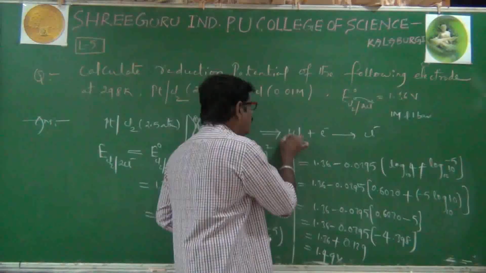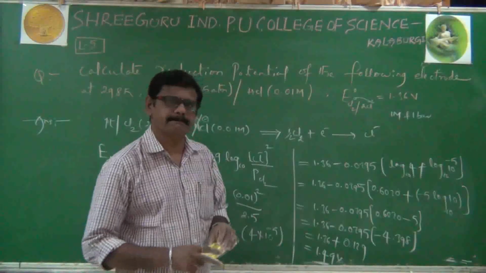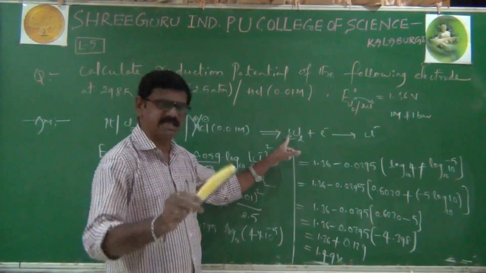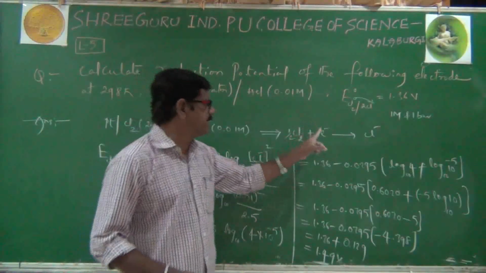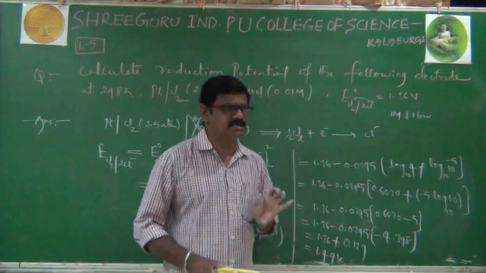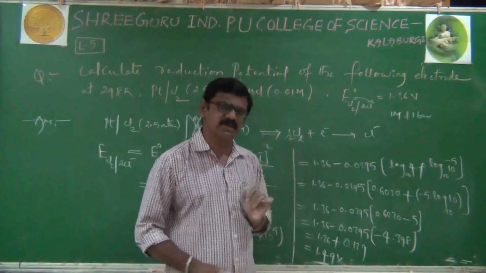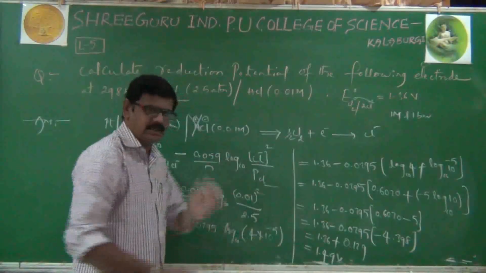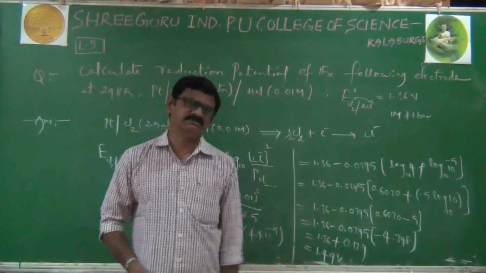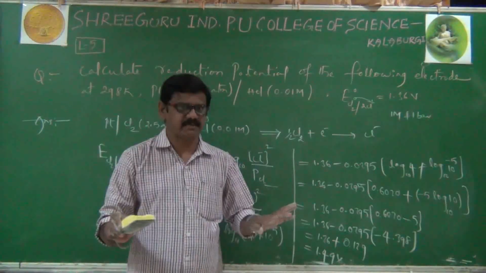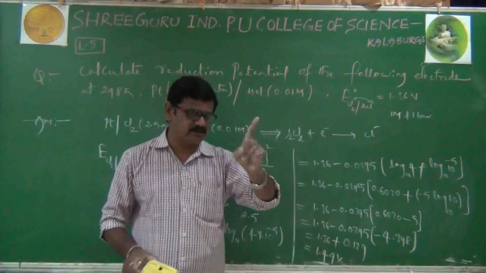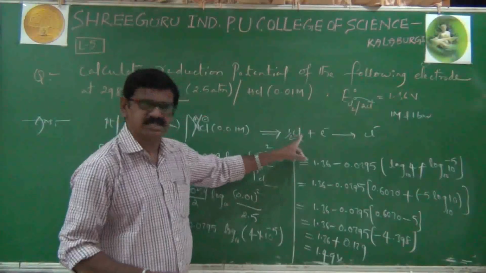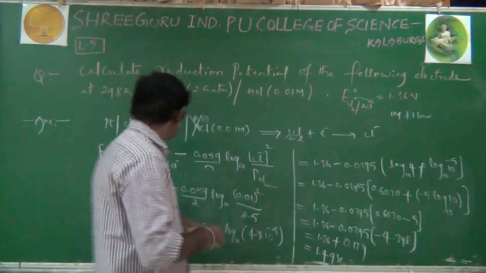Here I am taking half Cl2 I have taken. Half Cl2, nothing but 1 chlorine. Half Cl2 molecule is nothing but 1 chlorine. 1 chlorine by taking 1 electron converted to Cl minus, that's all. It is also balanced equation only. Now with the help of this equation also, if you solve, you will get same answer. There is no any confusion here. It may be 2 moles electrons or 1 mole electron, ultimate answer is same. Okay, one question will solve and we will see that.